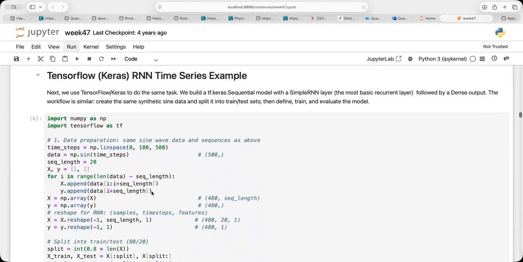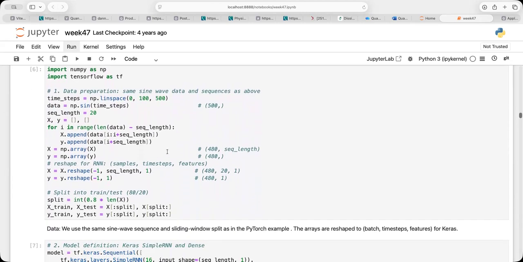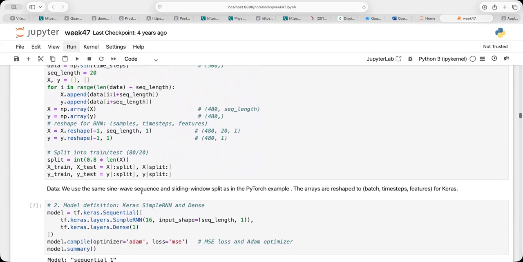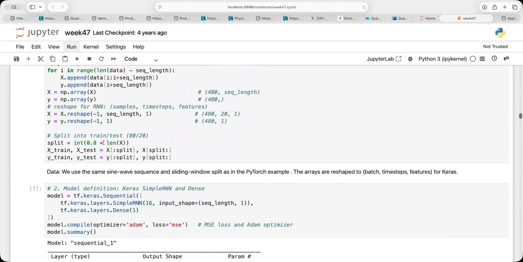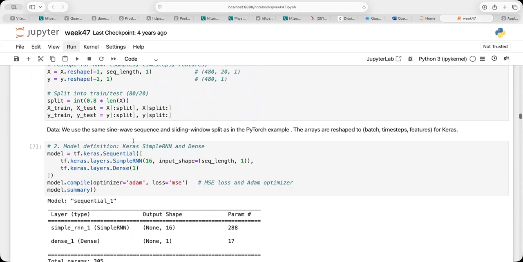If you do this with TensorFlow, you would see much of the same philosophy. This is just us setting up the data. We split it in train and test. This is done by ourselves, so we're not using the standard scikit-learn. The thing which I like with TensorFlow, I actually haven't found that option in PyTorch. If somebody finds that, please let me know. But TensorFlow has a nice way to summarize the model with all the parameters you're fitting.